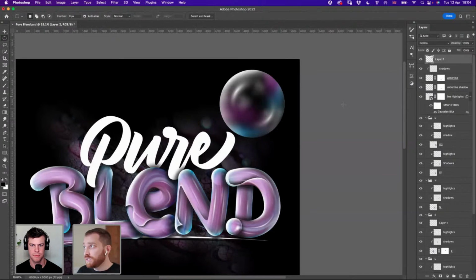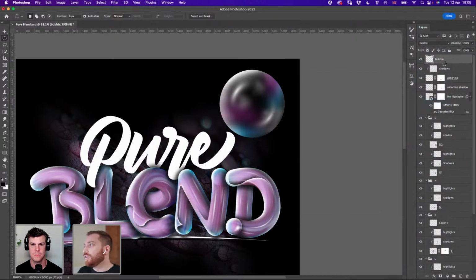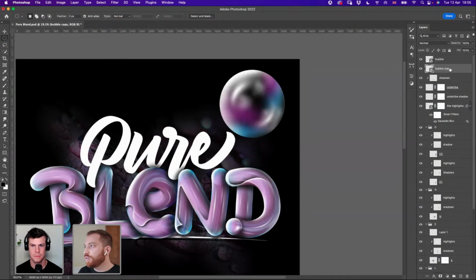So what I'm going to do is to make it a smart object. I'm going to rename it first to bubble because I merged the layers. So I right click and make it a smart object because I would like to have the freedom to make it large or small. This way it will not lose quality when I make it small and then big. Okay, that's fine. So I duplicate it now.